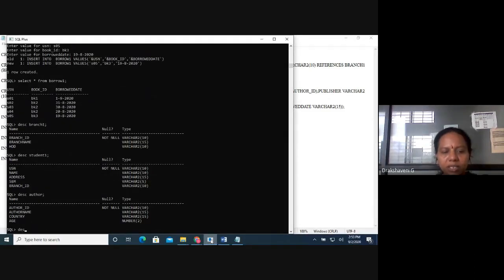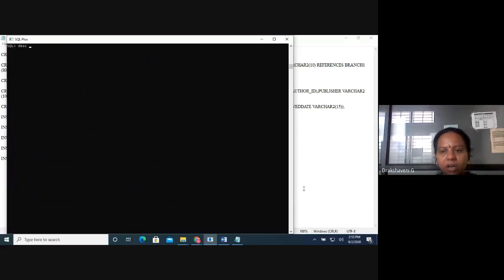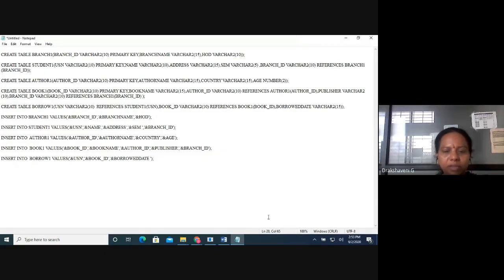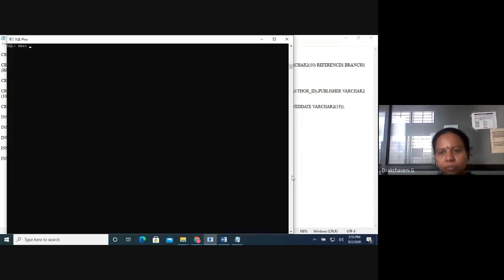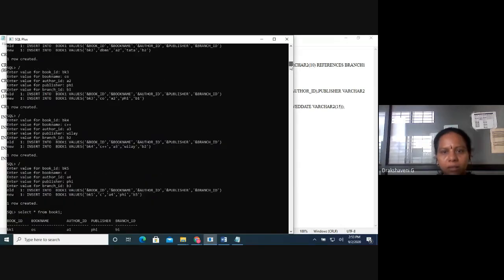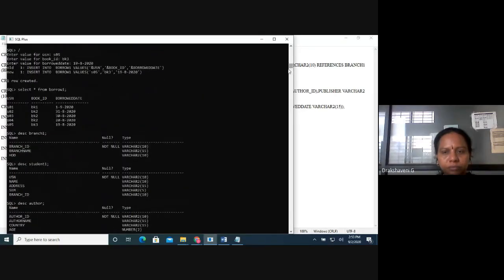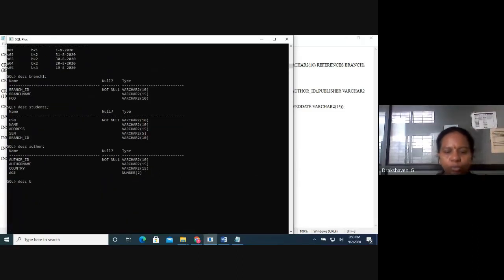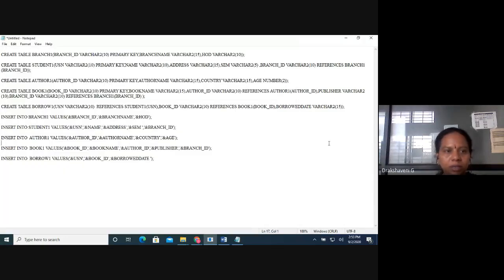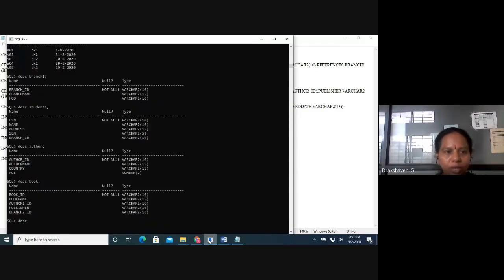Okay, what is the next table we created after author? We have created book. What's the next table? Describe. After book, borrower. So how many tables have we shown? 1, 2, 3, 4, 5. Okay, borrower.